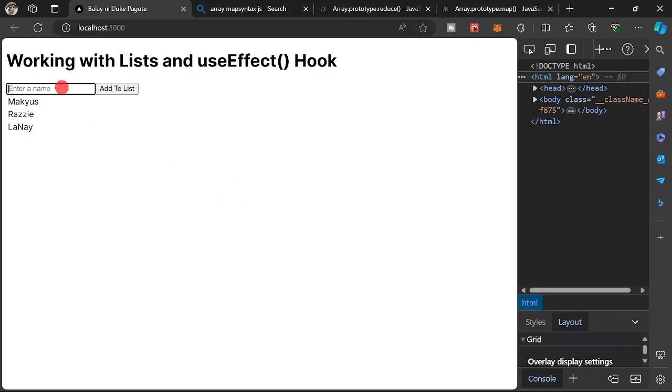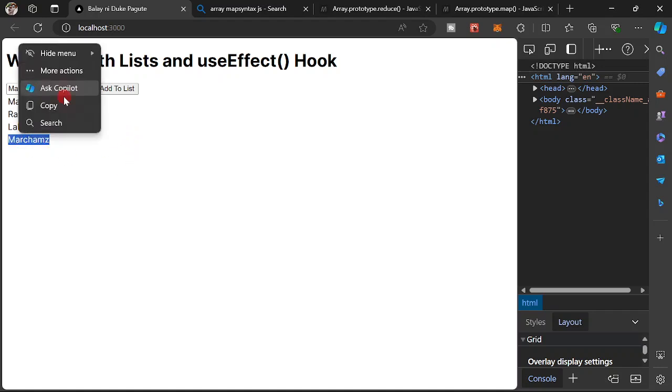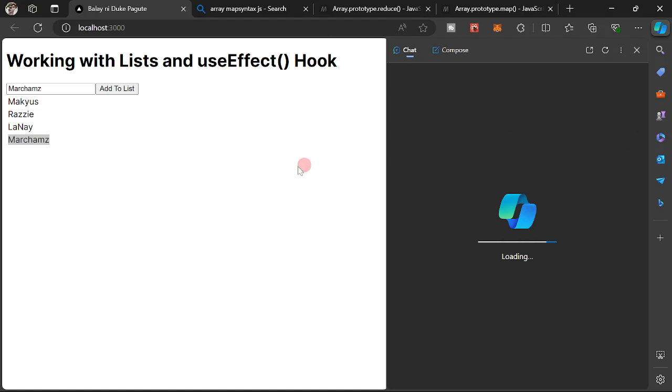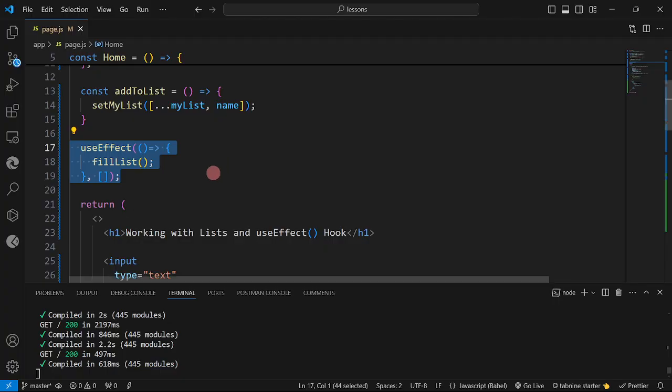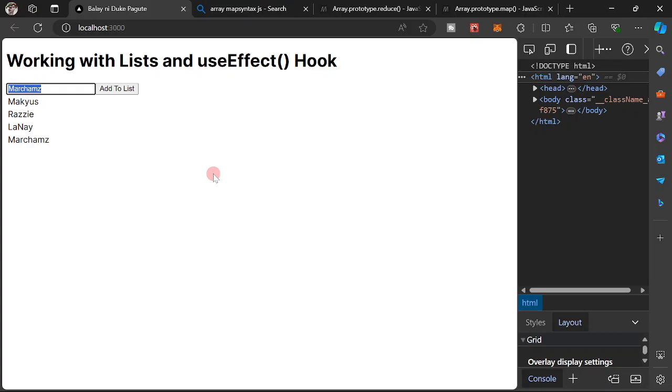And same if I'm going to add more jumps, here we have now added the more jumps. So that's how we're going to work with